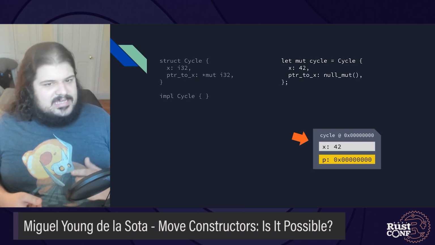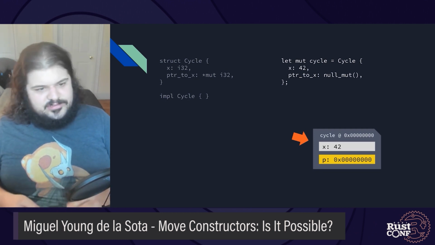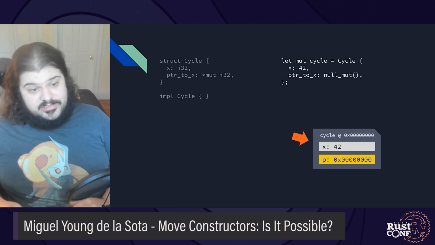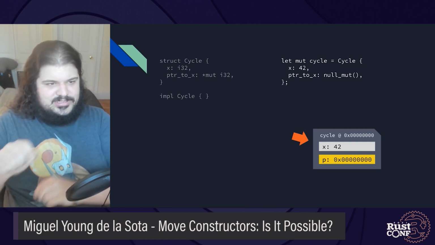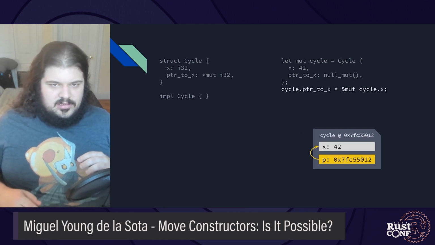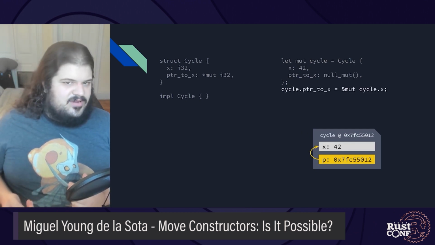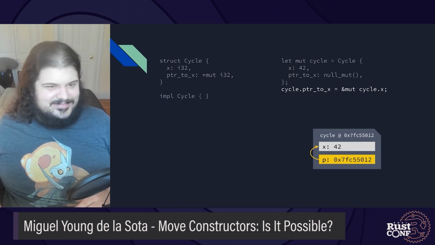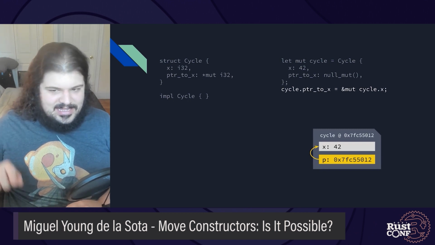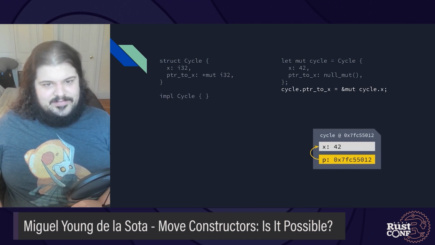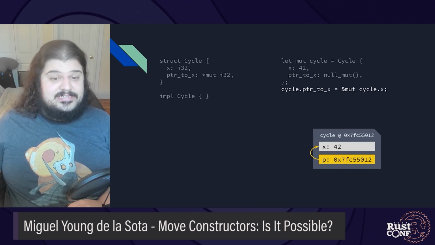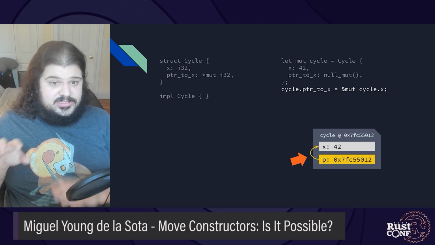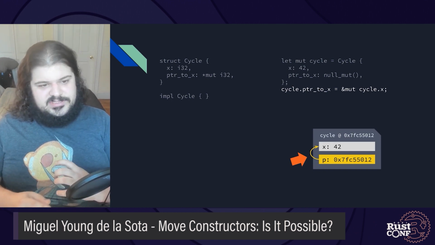I'm going to be using these little boxes containing fields and addresses in order to describe what pointers are doing at any given time. They'll become very important once we start tracking self-pointers into different structs. Now that we're using raw pointers, we can make cycle self-referential after constructing it on the stack, by assigning putter to x to a reference to cycle.x. This creates a little cycle inside of the struct. So pay close attention to these arrows because they're going to change over time as we do different things